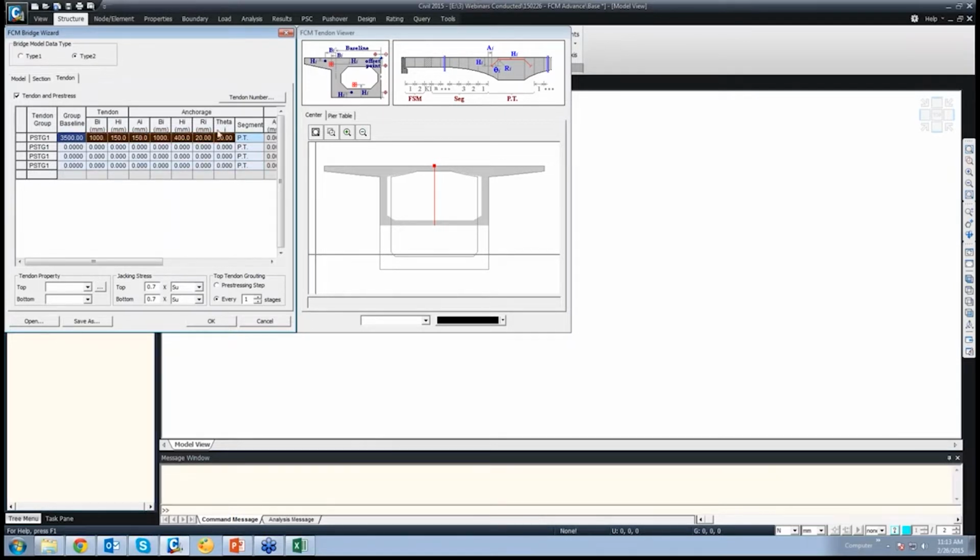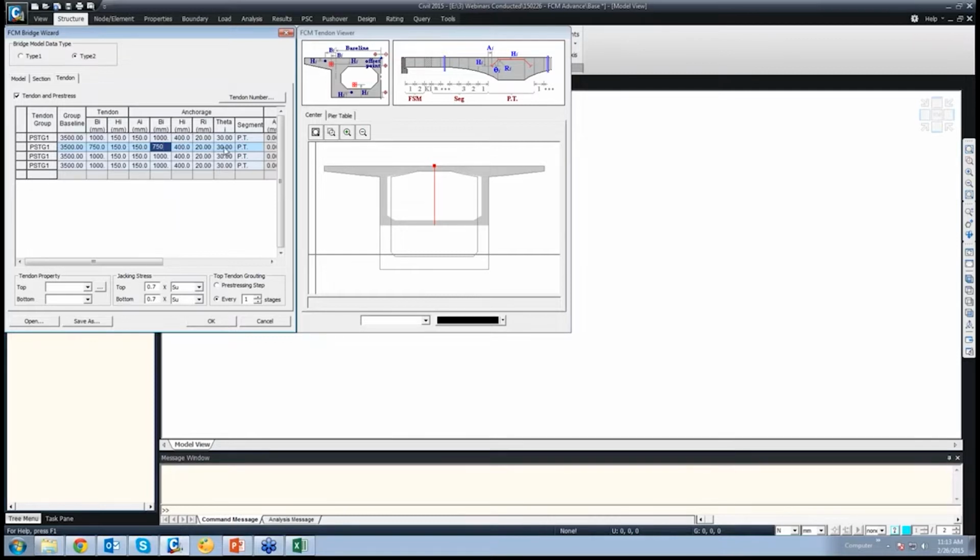So now for the other tendons, we just need to edit some data. So we can copy paste the data for the remaining tendons. Let us say we are changing BI to 750. HI is the same. AI will also remain the same anchorage setting. Again, the B for anchorage changes to 750. H again stays 400.